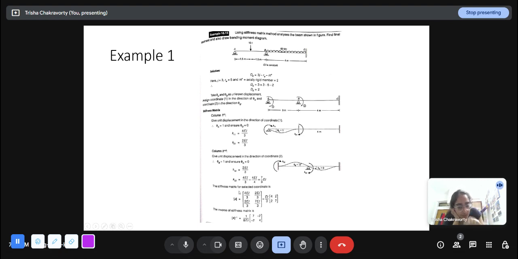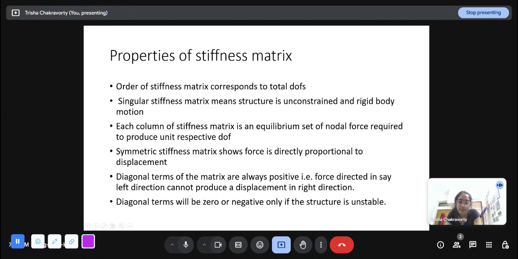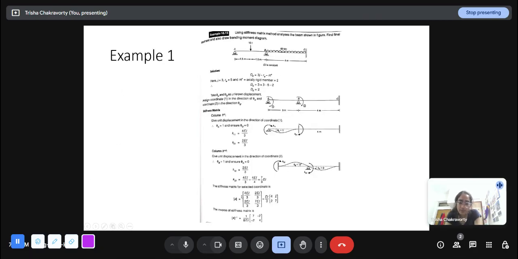So in matrix we write K11, K12, K21, K22. So 1, 1 and 2, 2 are my diagonal members, and the other two are the off diagonal members. So we see that these two are equal because we saw that stiffness matrix is symmetric. The symmetric stiffness matrix shows that force is directly proportional to displacement. That is an assumption we are doing here. So in all examples we encounter here, it will be symmetric over the diagonal. So this is EI